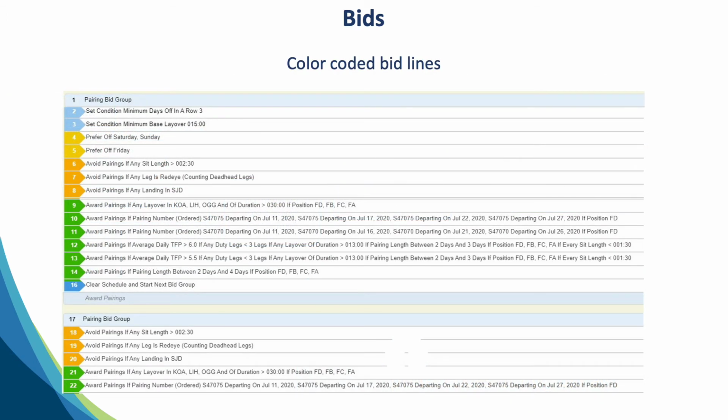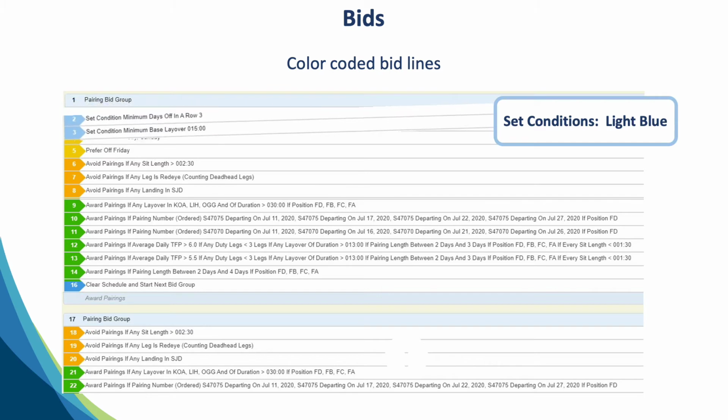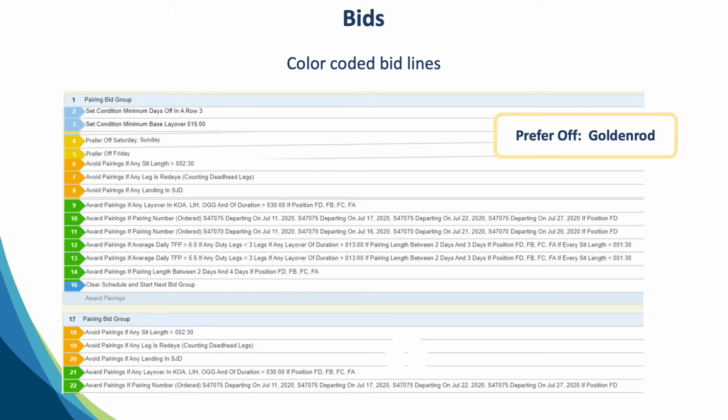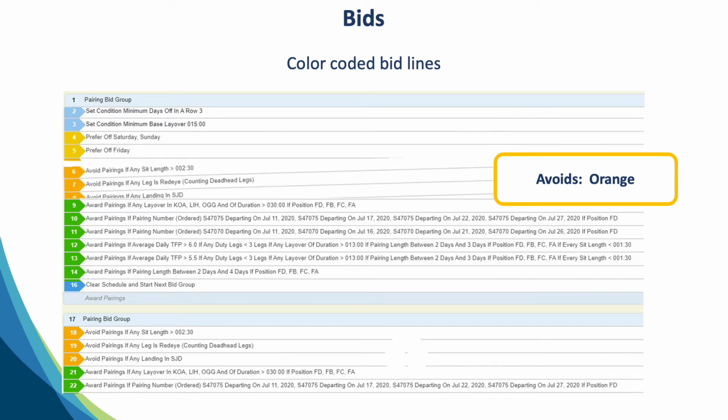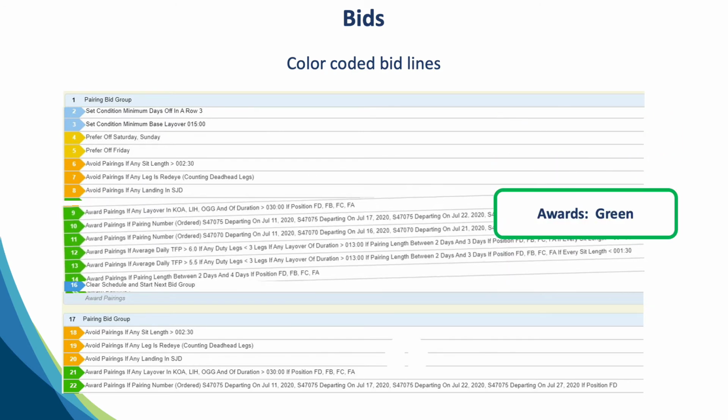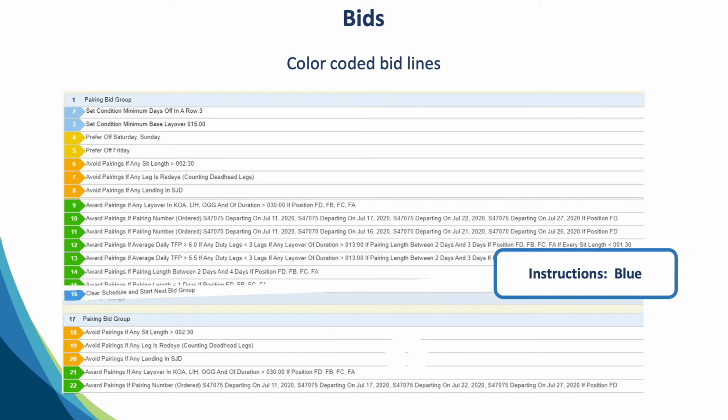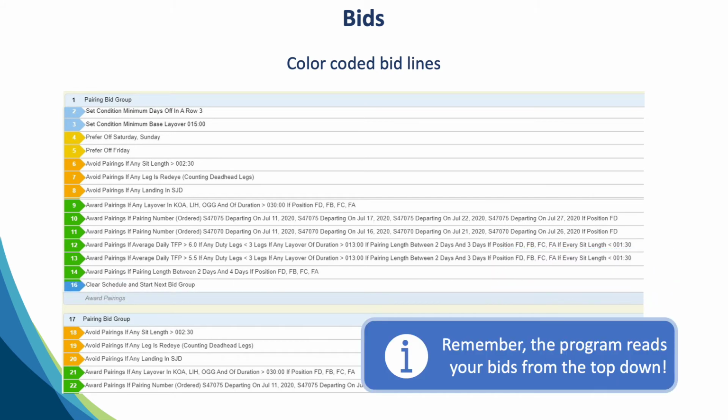The WebApp has color-coded bid lines. These color-coded lines help to make things stand out more clearly. This can also help to point out when a bid line is in the wrong order in your bid. Bid groups are blue-gray, set conditions are light blue, prefer offs are goldenrod, avoids are orange, awards are green, instructions are blue. Just a reminder that the program reads your bids from the top